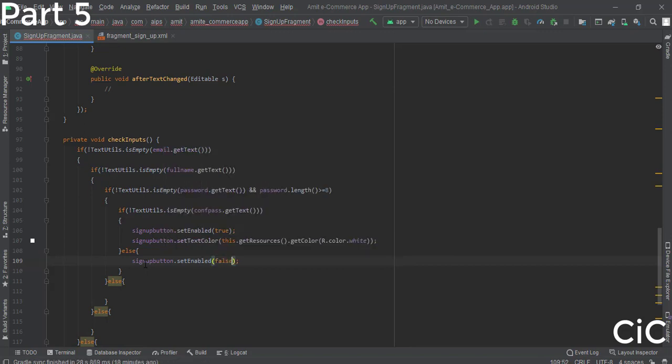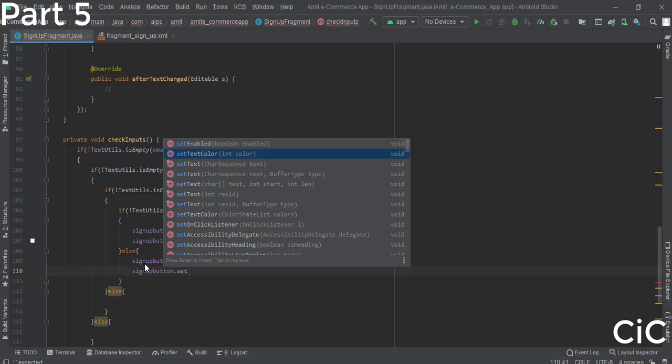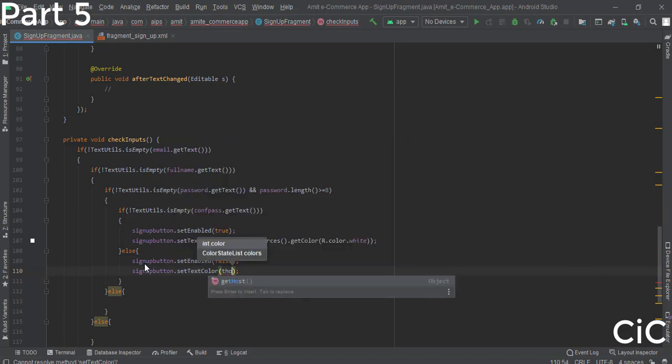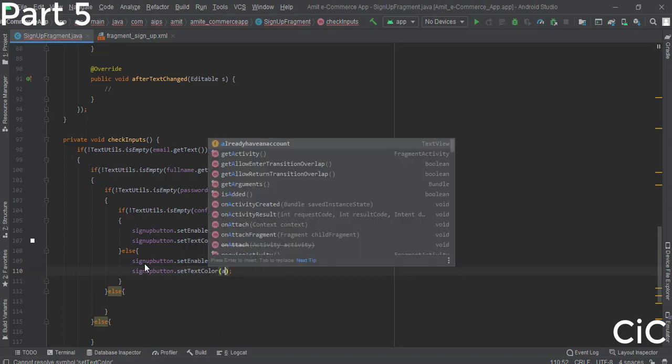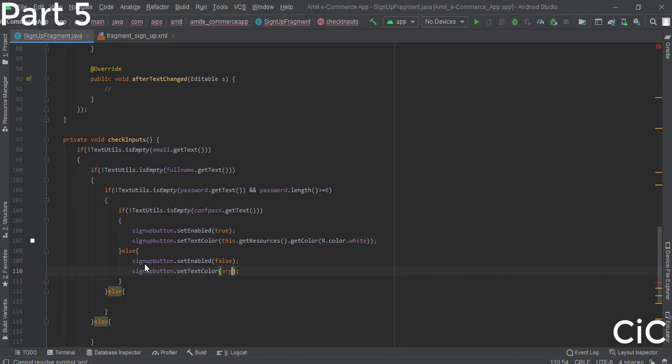Okay, false, and we'll keep the text color, setTextColor, and we'll pass this, or simply we can give 50. I mean ARGB color is required, ARGB.